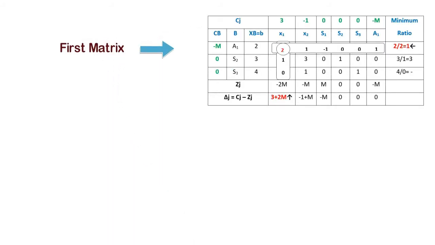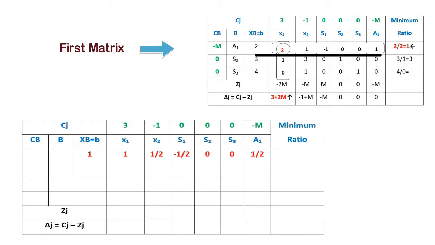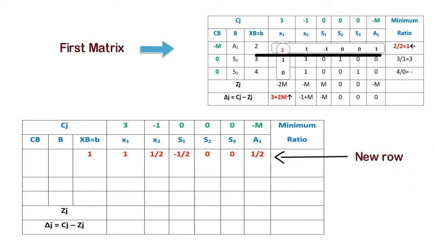Now to construct the second matrix we have to consider the first matrix. In the first matrix 2 is the intersecting element which is in the first row, so we have to consider that first row. We have to make that 2 as 1. So divide the first entire row of the first matrix by 2, as 2 is our intersecting element. So after division you will get the new first row of the second matrix as 2 upon 2, that is 1, then 2 upon 2, next element is also 1, next 1 upon 2, then minus 1 upon 2, 0, 0 and 1 upon 2. So to make the intersecting element 1, we have to divide the entire first row of the first matrix by 2.